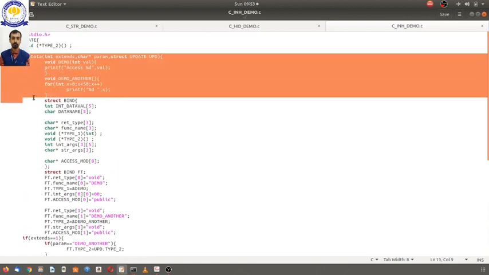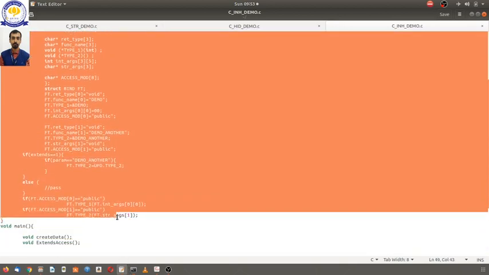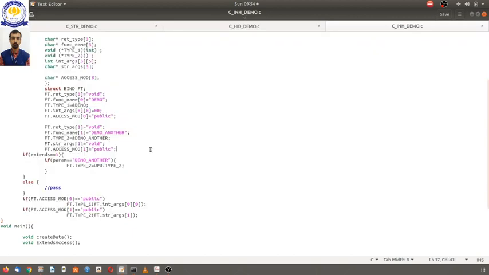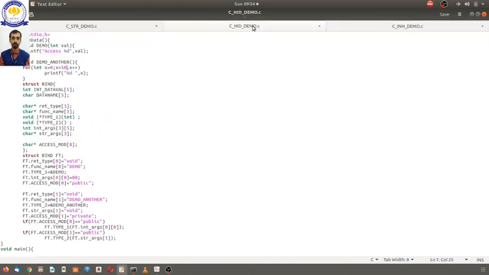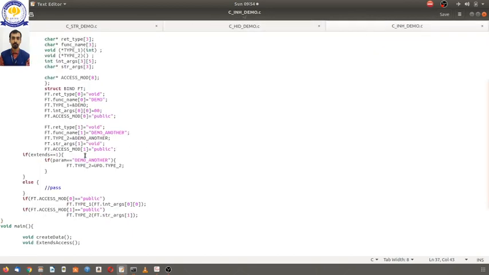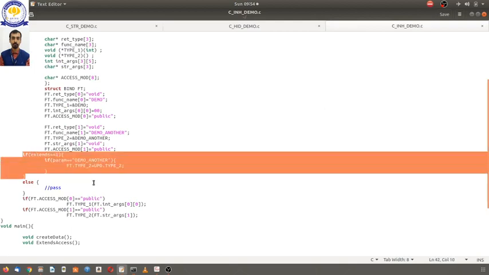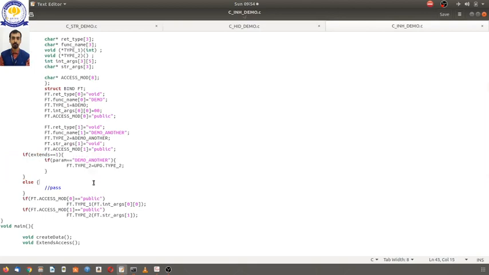So you see, this is the program which I have written for my friend. The program remains the same as previously; just one line is changed here, and everything else is the same.